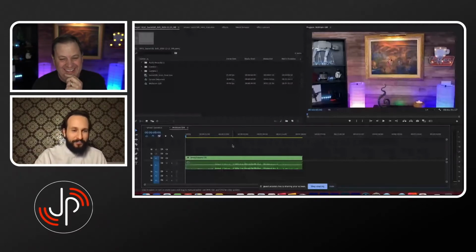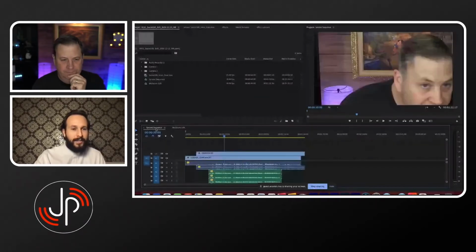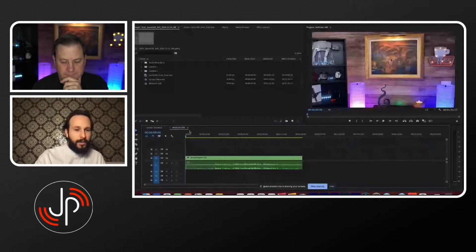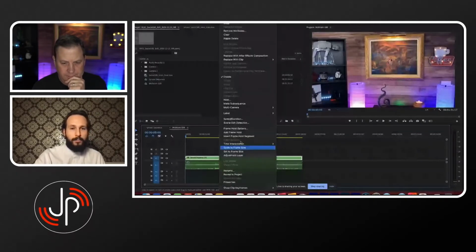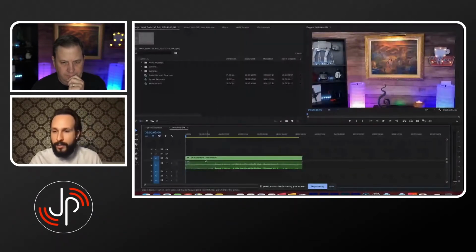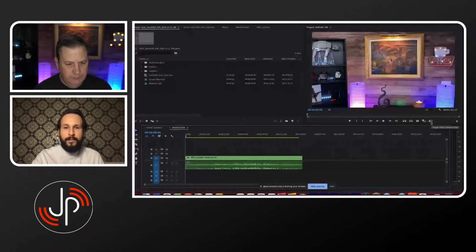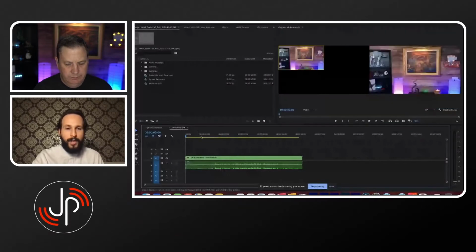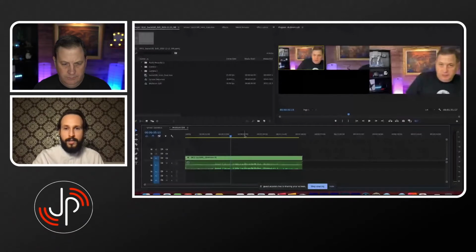This is awesome. Okay, so basically, we've got the original synced sequence, and then we have our multi-camera edit. And if I right-click on this one video track, you can see it's now all in one video track. If I right-click this and go to multi-camera enable, this now enables it as a multi-camera clip. And if I click this button, toggle multi-camera view, what happens is if we go to a place in the clip where we have both cameras, we're going to see them simultaneously in sync.